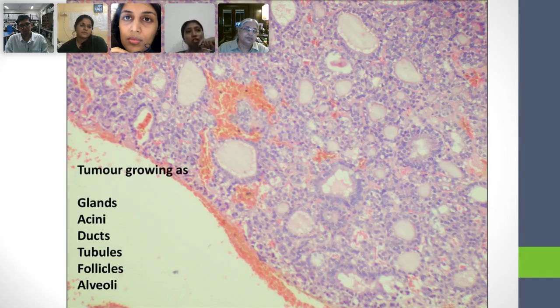And lining epithelium: glands are lined by columnar cells, acini are lined by triangular cells. Triangular cells. Well, that's because it's small. You may get some acini that are lined by low cuboidal cells, so they don't have to be triangular. Yes. But the lumen is small. It is the terminal portion of a whole